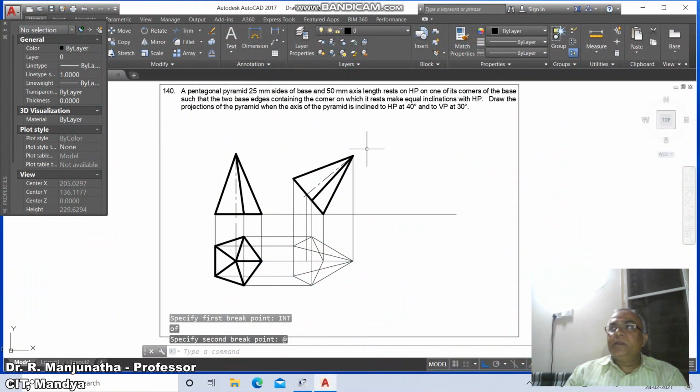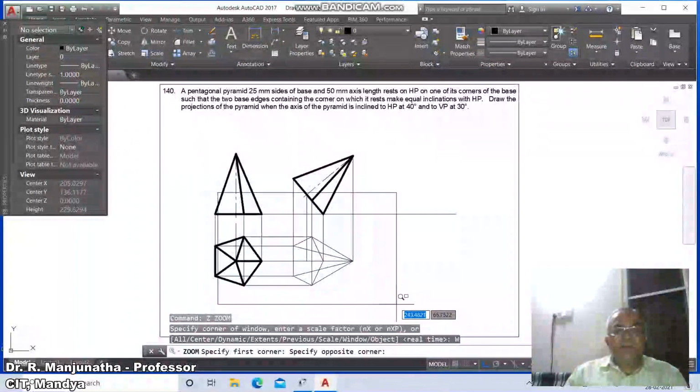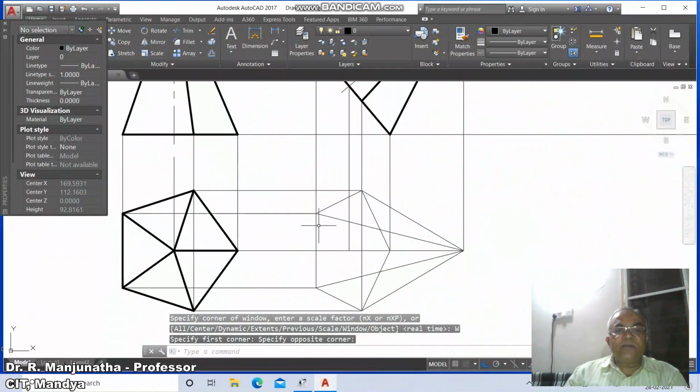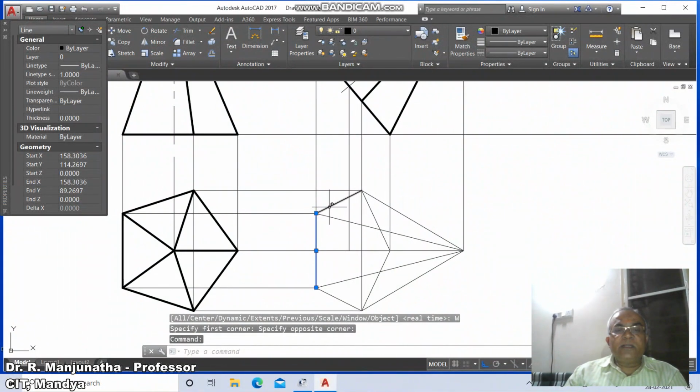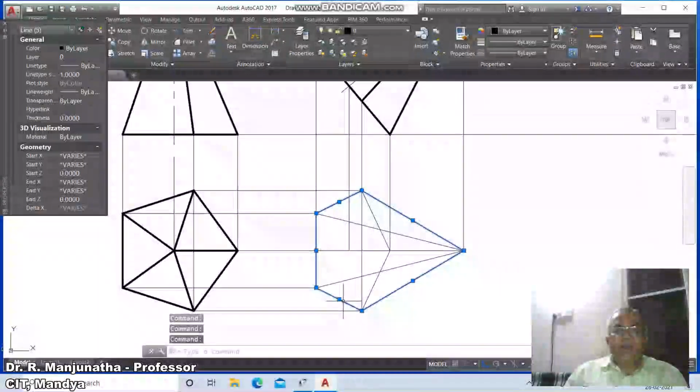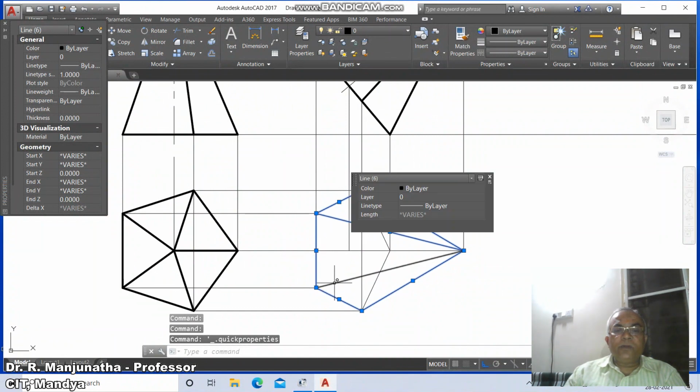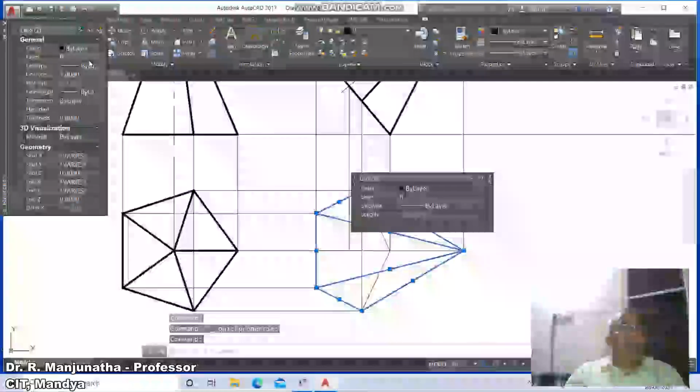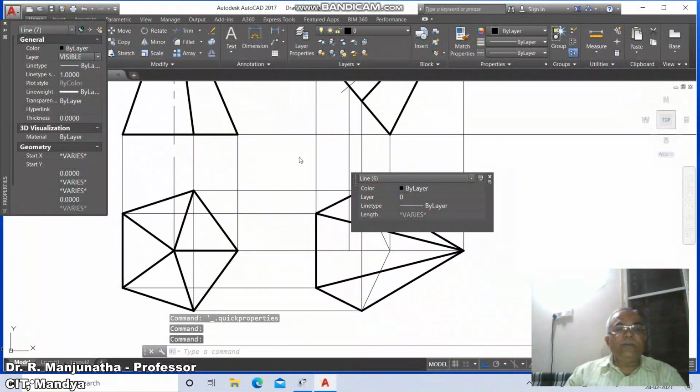Now we will write the visible and invisible edges. All the exterior edges of the boundaries of the solids are visible. Select this line, this line, this line and this line, and the surface near to the observer is visible. Take this edge and also this edge, go to layer, and make that the visible one.